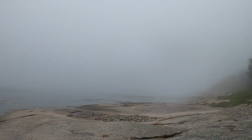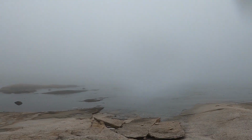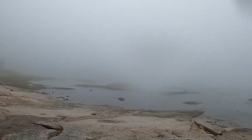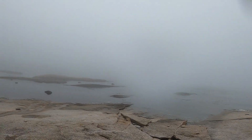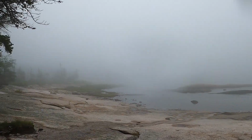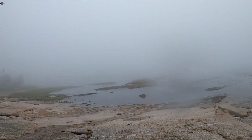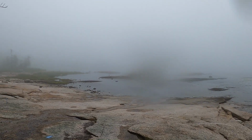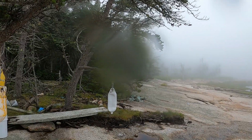Maybe people come up here and they do canoes and stuff. They got this little setup here. Well, yeah, this is where we would have canoed to had we been able to rent a canoe. Not that I would want to canoe in this. Right. This would be a little disconcerting for sure. We would have waited for the fog to clear, obviously, before we started trying to canoe. We are not expert canoers. We are amateur at best, and we've never canoed together, so...